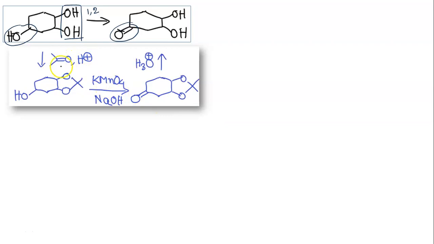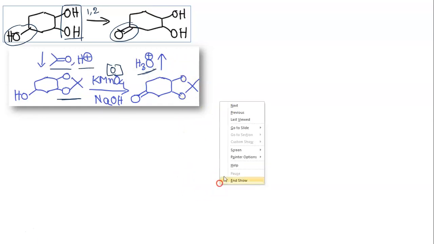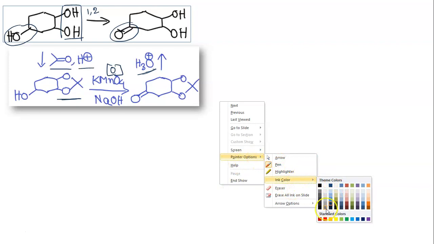So that is why here we are using acetone in presence of H+. Now we are protecting the alcohol by using ketone and H+. So this is our acetal. Next we are using an oxidizing agent. So this is the oxidation reaction. And finally, after hydrolysis, that is H3O+, this is actually the deprotection. This is the deprotection step, and this is protection. So finally we are getting back the molecule.